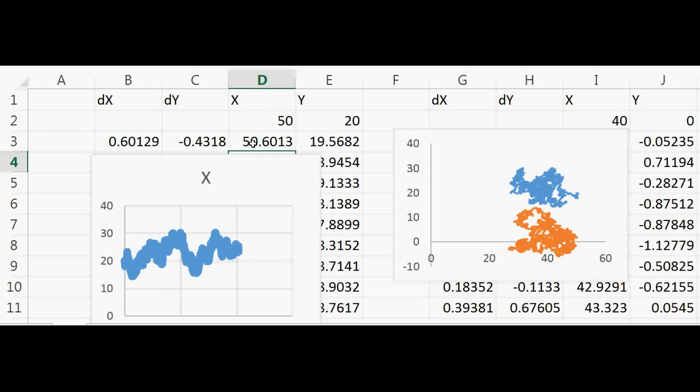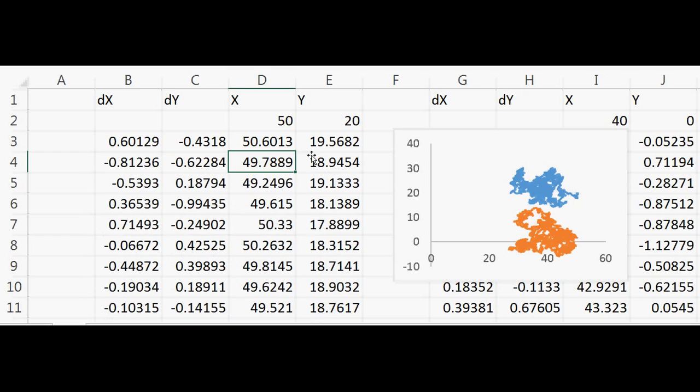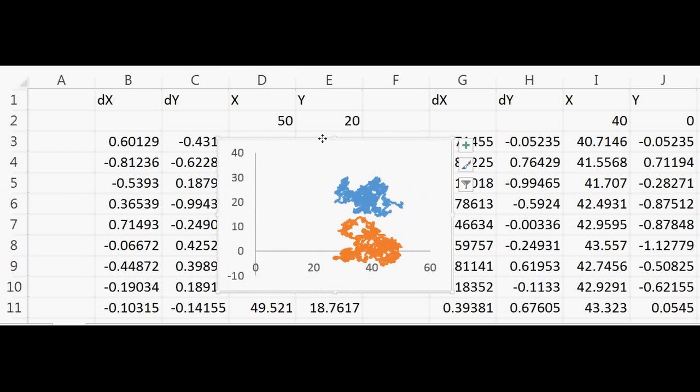So this is the troubleshooting you can do if you are unable to generate this. But I hope this is a very simple tutorial and you should be able to follow the steps and generate this simulation, and I think it's a lot of fun. And please don't hesitate to give your comments or email me with any questions if you have any problems generating this walk. And we will go next